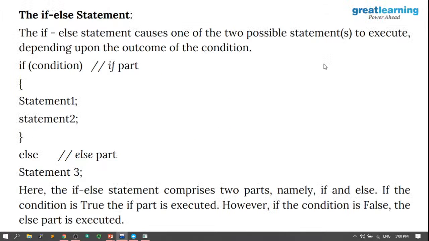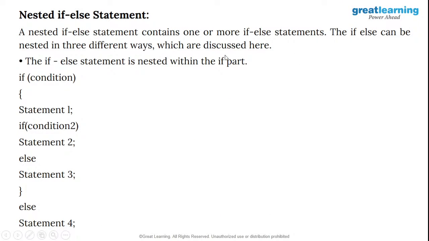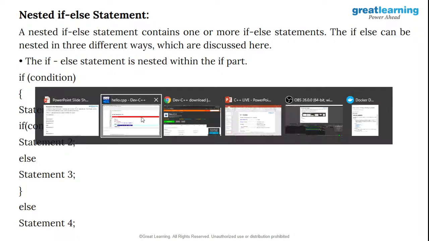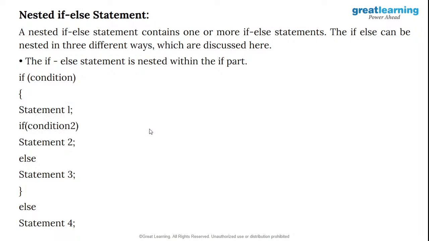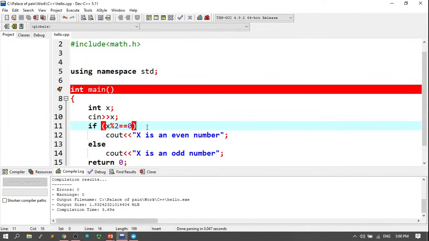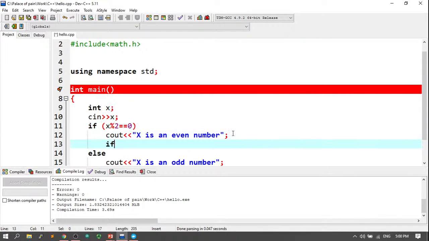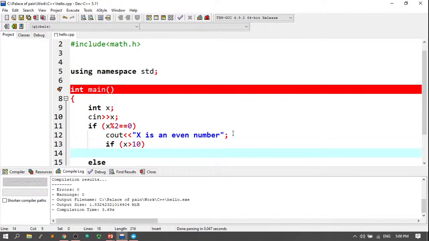All right, so that's an if else statement. Now there is a nested if else statement. So within this, we can do more things. If x is an even number, we can print out this statement and we can put in another if condition. We can say if x is greater than 10, then we will print out the statement cout